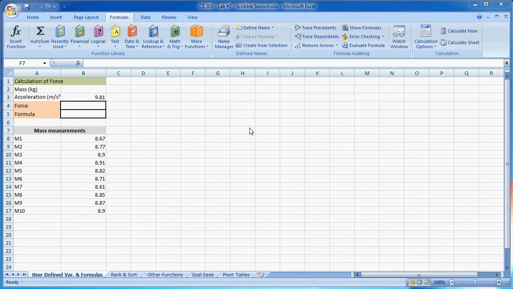Alright, in this tutorial we're going to go ahead and show you a little bit about user-defined variables and formulas. You can see in this example we have a calculation of force, which is simply mass times acceleration. We want to put that in this cell down here. Now before we do that, realize that mass is empty because we want to average these 10 mass measurements to